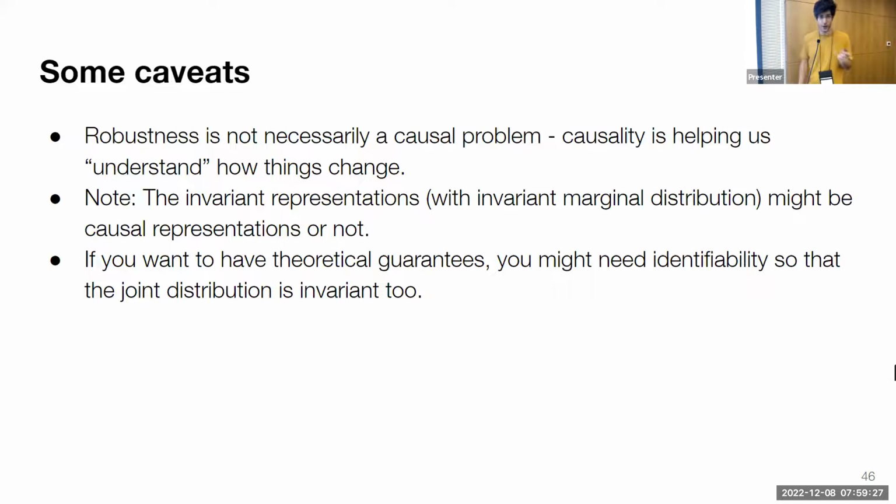All right, before I go into a specific method, some caveats. Robustness is not necessarily a causal problem. If we just think about this as machine learning people, we're just trying to make better predictions out of distribution, in whichever way we define out of distribution. Causality here is only a way of thinking about how we can understand and model this problem, and how we can take solutions from fields that have already been thinking about these types of problems to generate better solutions. We're still measuring ourselves in the same way that any NLP model should be compared against.